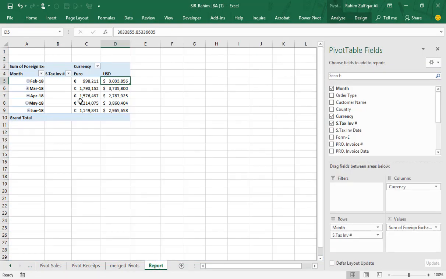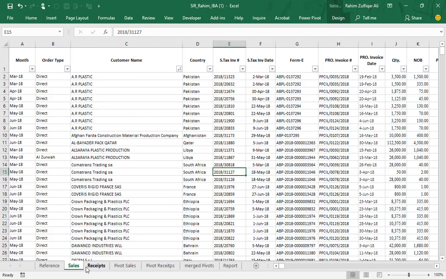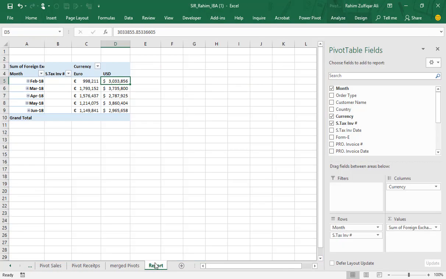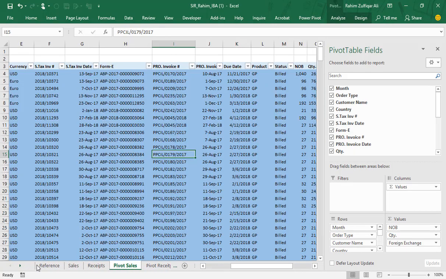Here he is comparing two different pivots, or you can say two different data sets, into one, which is not exactly correct, because now we have the Power Pivot tab available, which can handle all these kinds of issues. This is the wrong strategy, to first create the data into pivots, then merge manually, and then create a report. All these steps can be removed and automated through the Power Pivot.